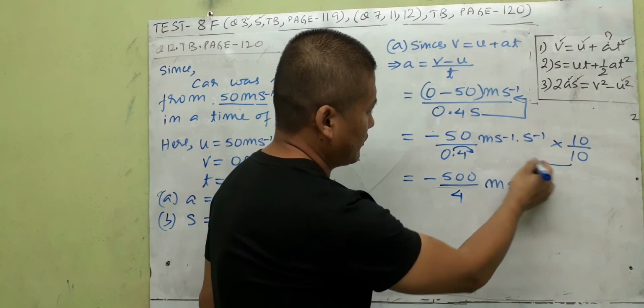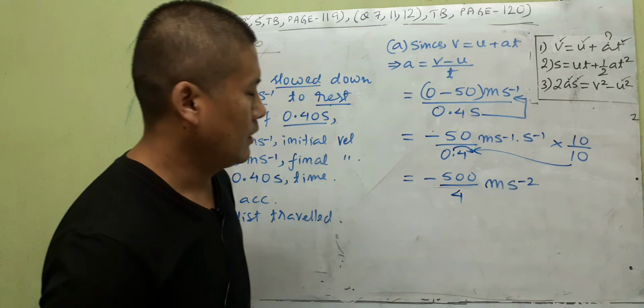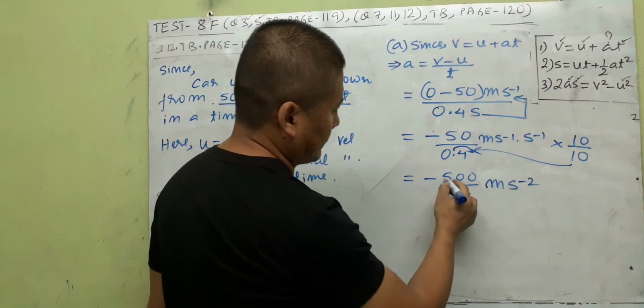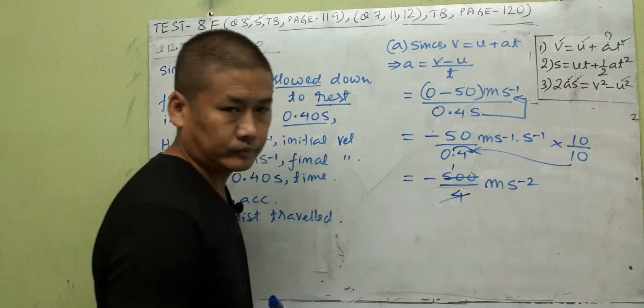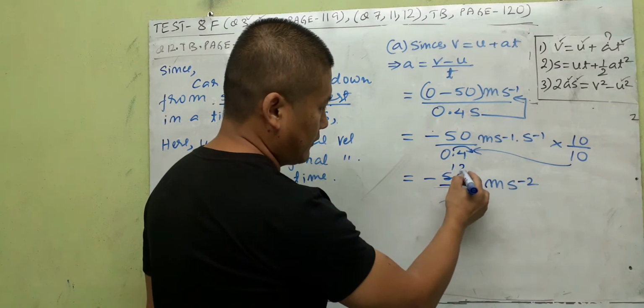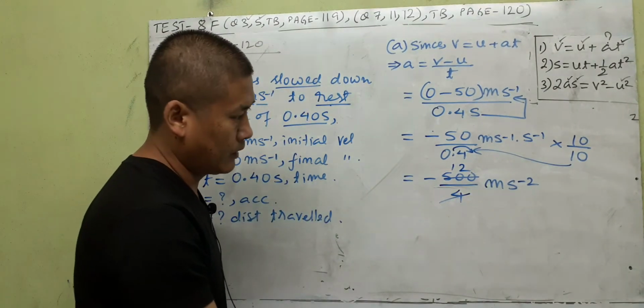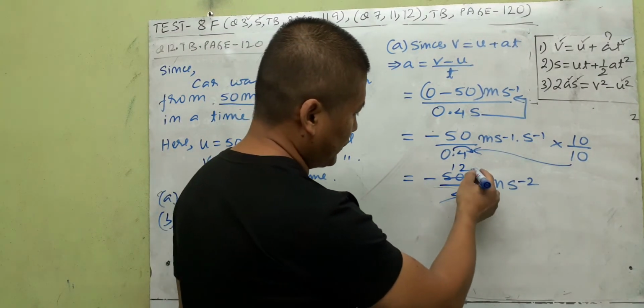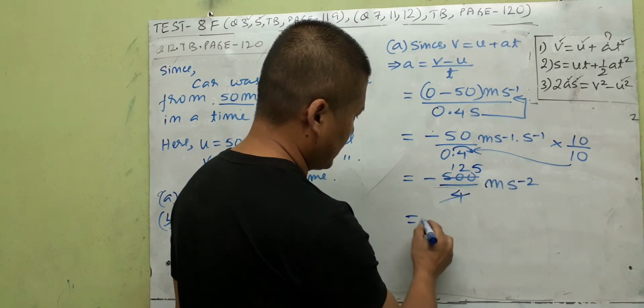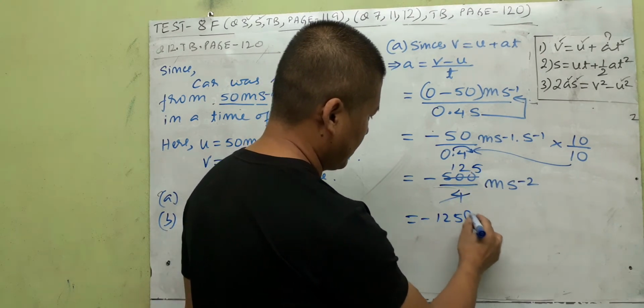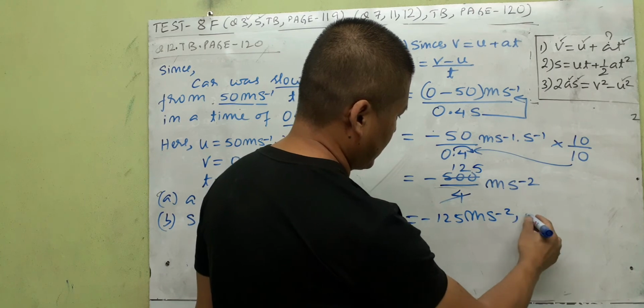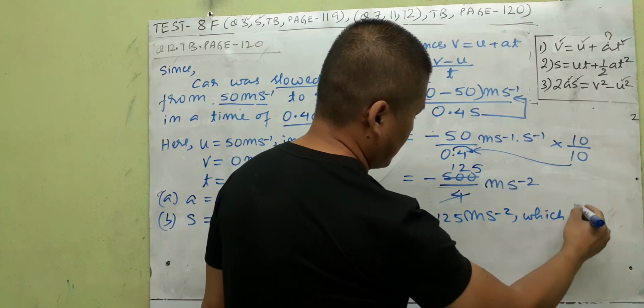So this 0 has been used up here. So now 4 ones are 4, 1 in hand, 10, 4 2s are 8, 9, 10. Right, so 2 in hand, 4 5s are 20. So it is minus 125 meter per second square, which is clearly